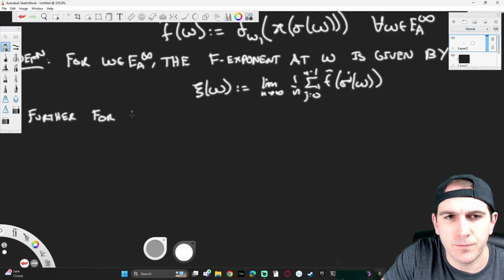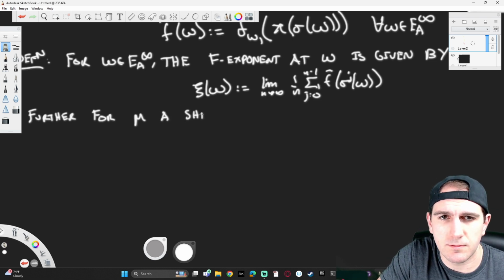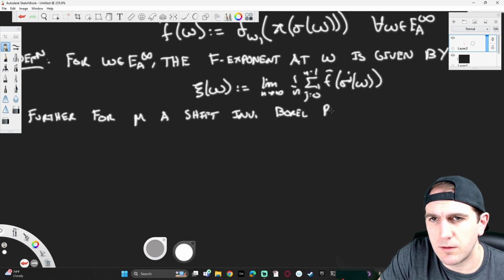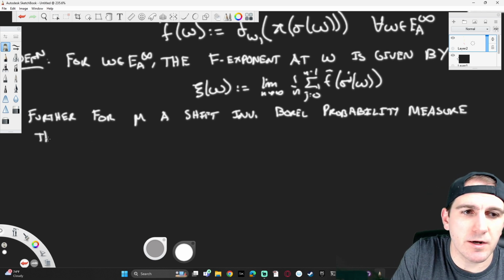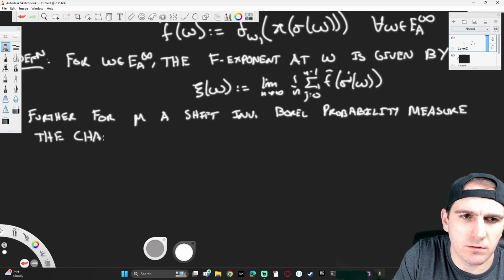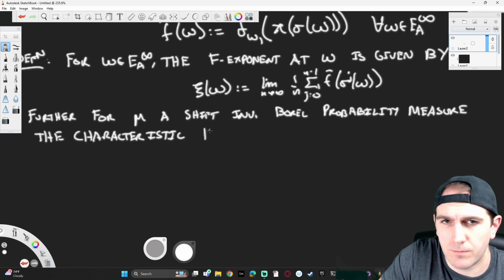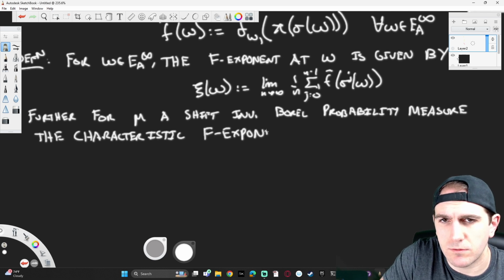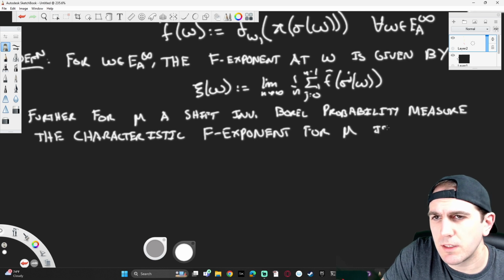Further, for mu a shift-invariant Borel probability measure, the characteristic F-exponent for mu is given by,